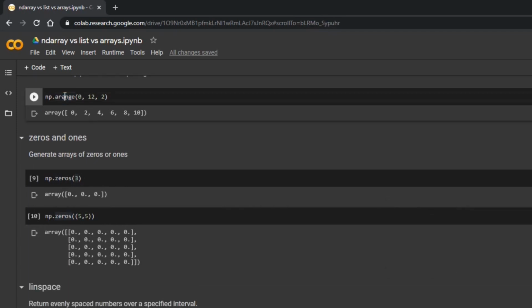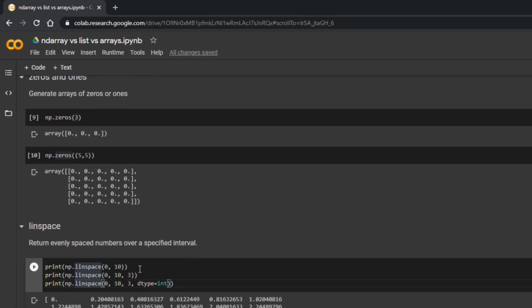So what is the difference between arange and linspace? Arange also generates elements. It also has a stepping parameter. Linspace also specifies a range, and it specifies how many elements we want. Here it's a stepping. So what is the difference? It generates a continuous array. Here the arrays will have evenly spaced elements.